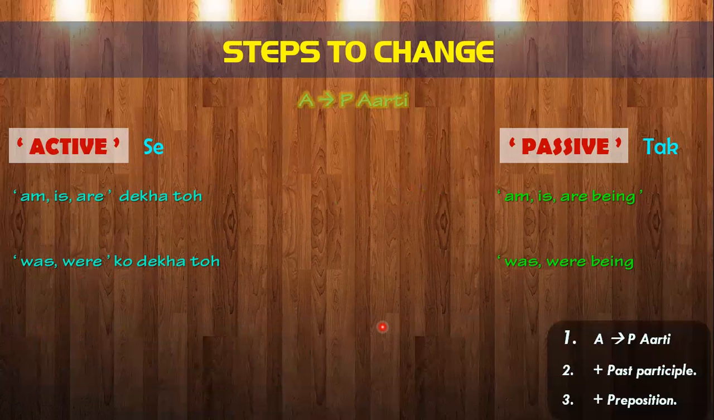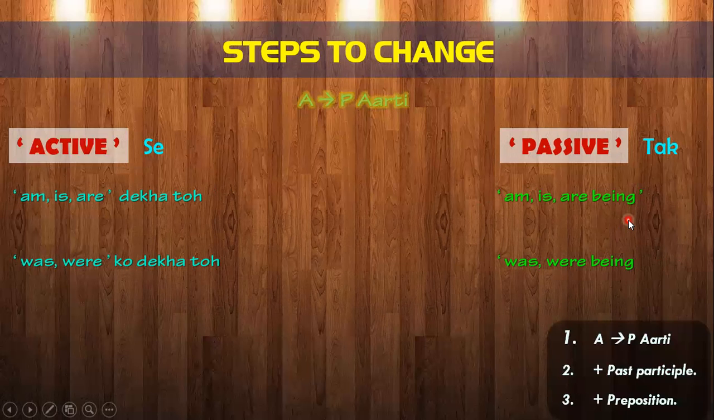जय देव जय देव. Yes, once again. Am, is, are देखा तो am, is, are being. Was, were को देखा तो was, were being करना. जय देव जय देव. So the continuous tense, because it is a continuous tense, we are going to use be